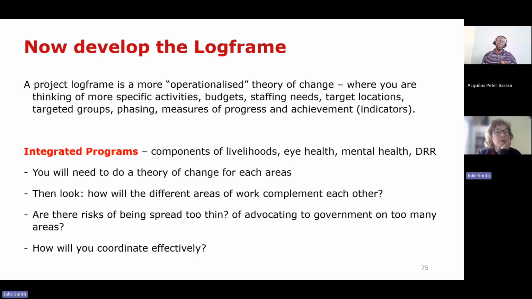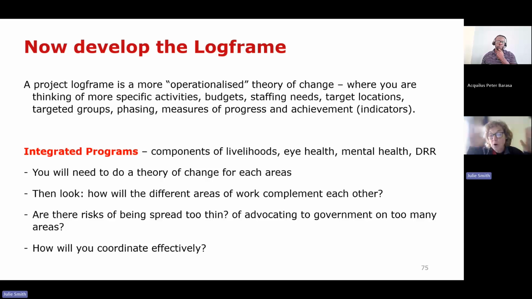One thing to note is that some CBM country teams are doing more integrated programs, that might have a component of eye health, livelihoods, mental health, disaster risk reduction, or disaster risk management. So in this case, you wouldn't do just one theory of change, because that would be too generalized. You might do an eye health theory of change, a mental health one, a DRR one, but then you have